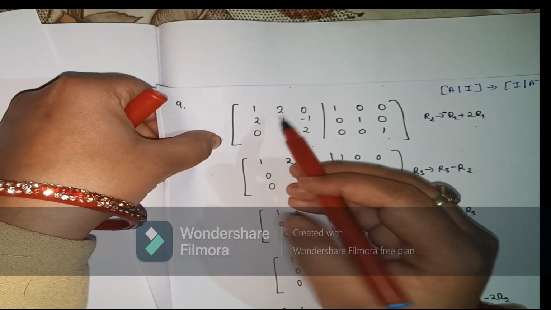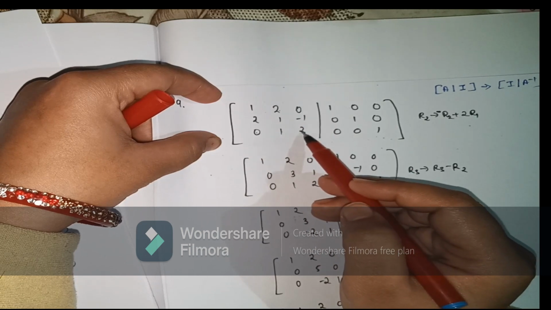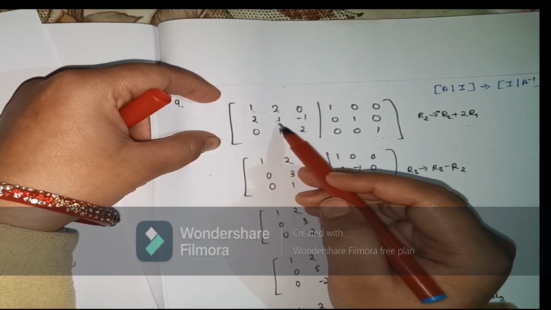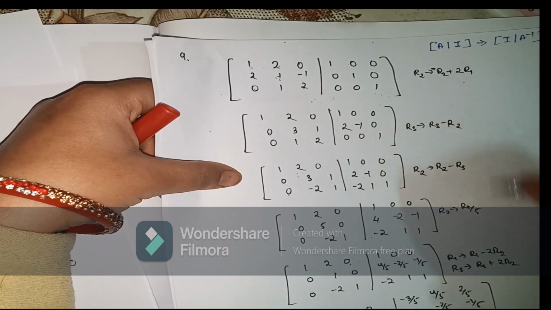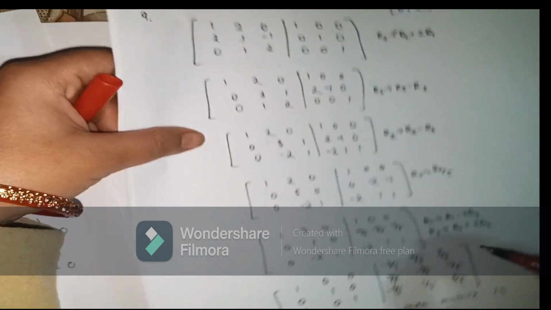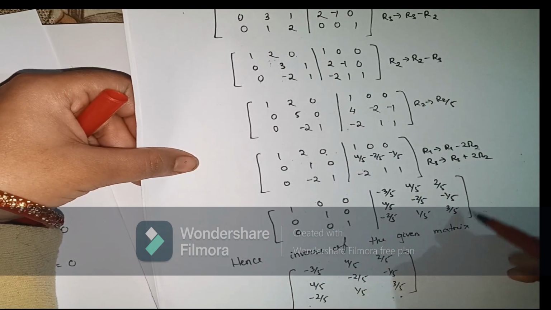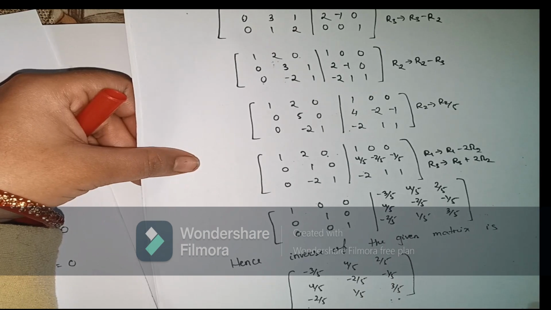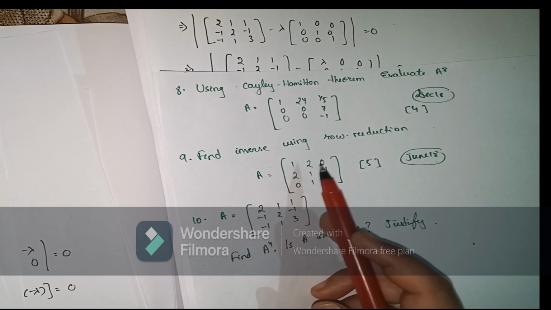So here my prime focus should be to convert this element 0 and I have to convert this as 1, and these diagonal elements both are 1. Okay, so I have to do the row operation method. So in the row operation method, by following all the steps, I converted this into the identity matrix. So this right hand side whatever I got is my inverse of the given matrix.